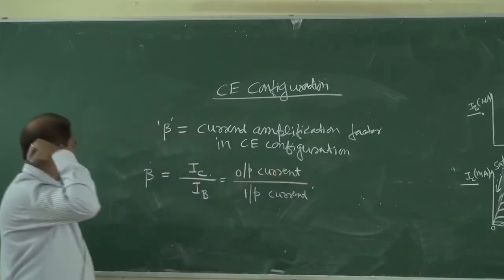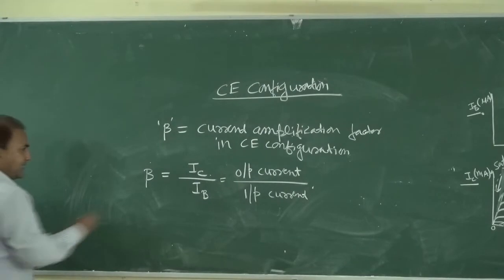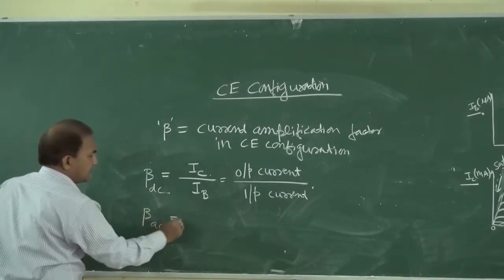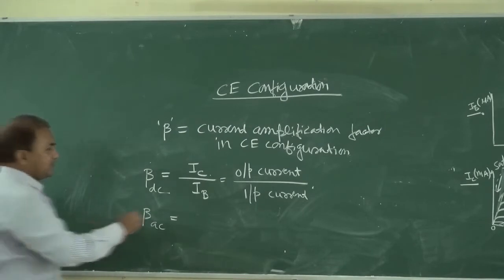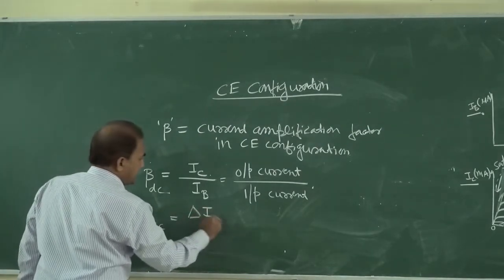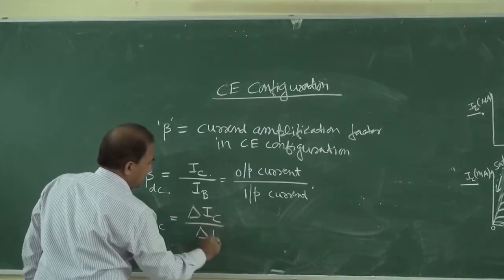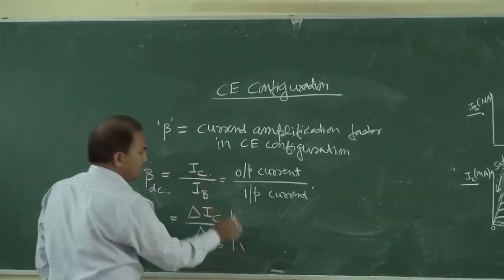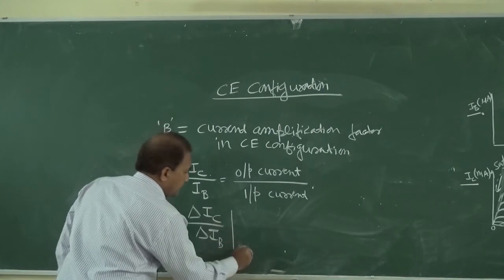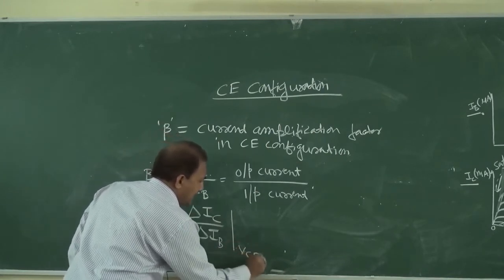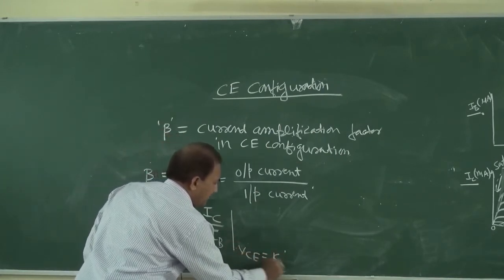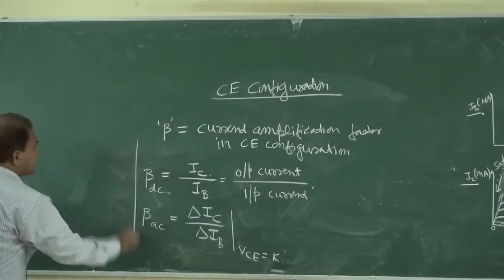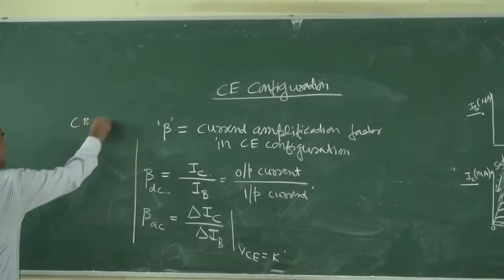Okay, so this is beta DC. Similarly, if we want to determine beta AC for an AC signal, it will be del IC by del IB, for a constant value of VCE. So again, in case of common base configuration,